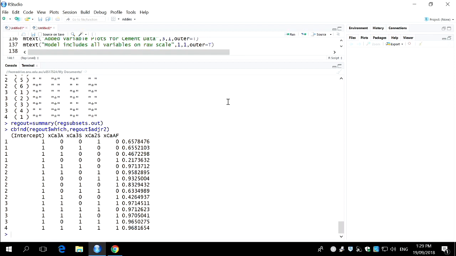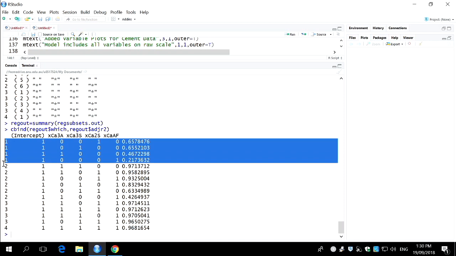Now, at the end of yesterday's lecture, someone who I can't visualise right now came up and asked a brilliant question, and the brilliant question was this. When you fit the best one variable model, is that variable that you chose going to be in the model you choose out of the result of a stepwise regression? The answer is no. The best one variable model, we can look here, the best one variable model, so these three lines here,